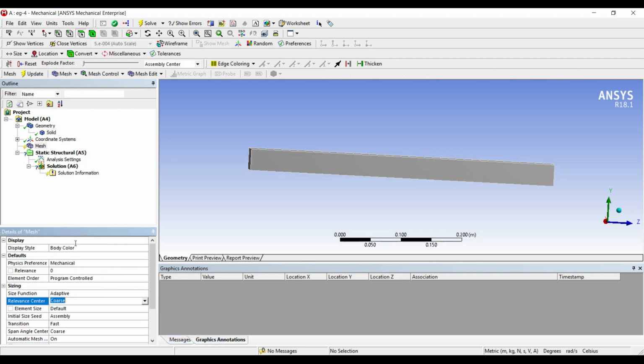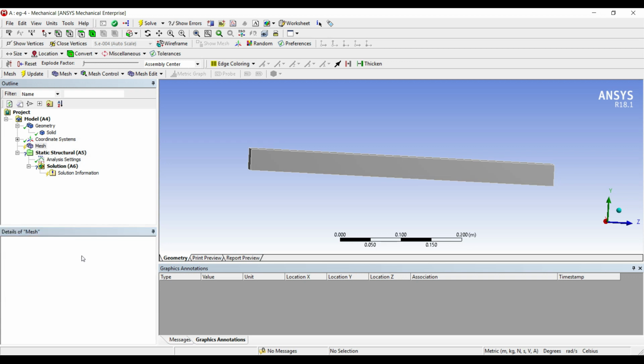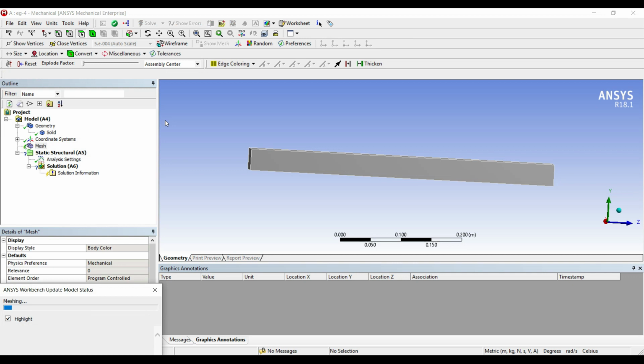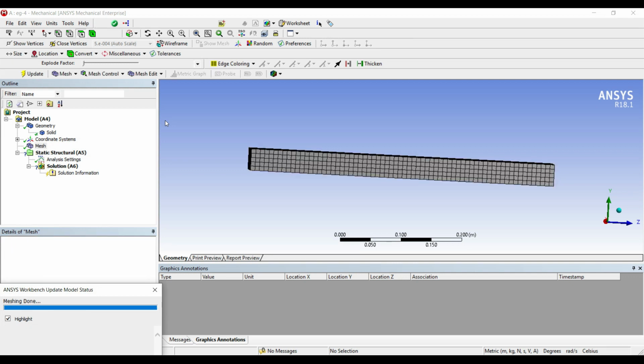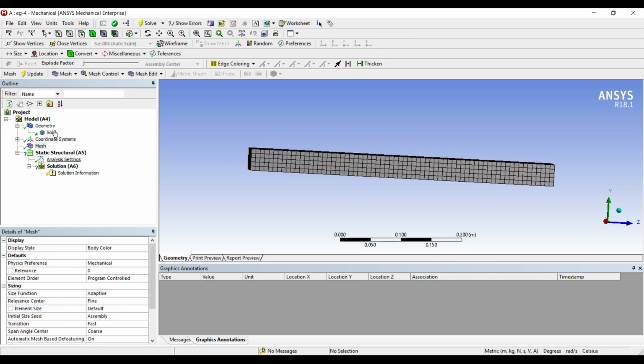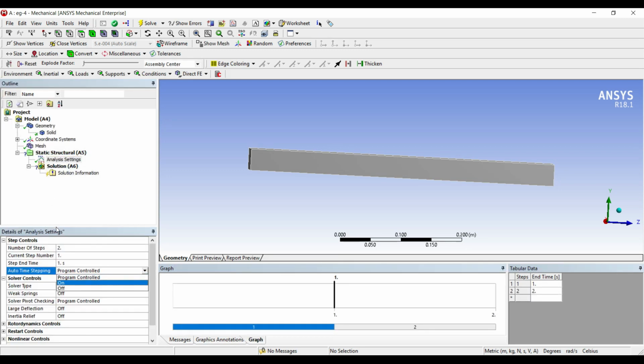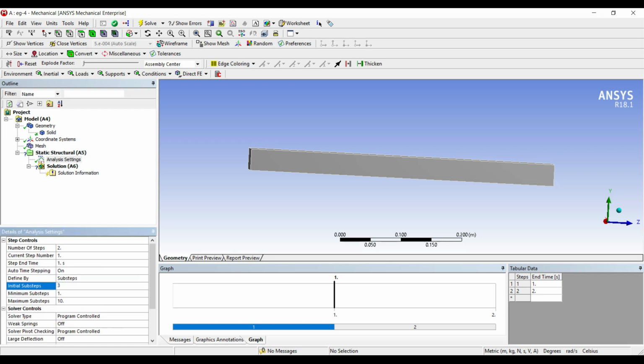I'll change the sizing of the mesh to fine. Update. Next, I'll go to analysis settings. I'll change the number of steps to 2, auto time stepping to on. Initial substeps 30, minimum substeps 30, and maximum substeps 100.